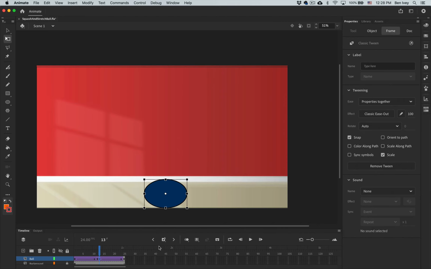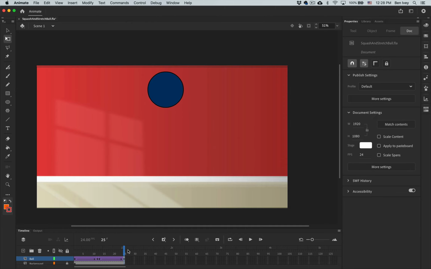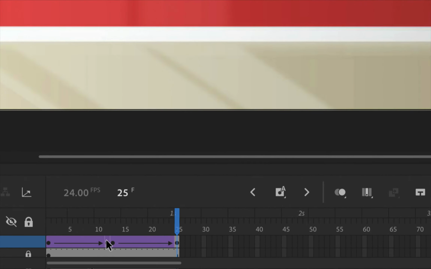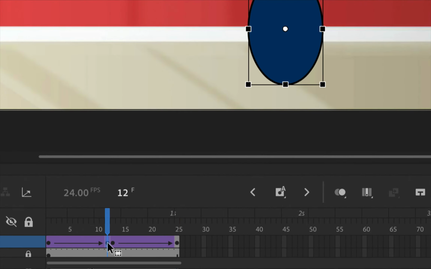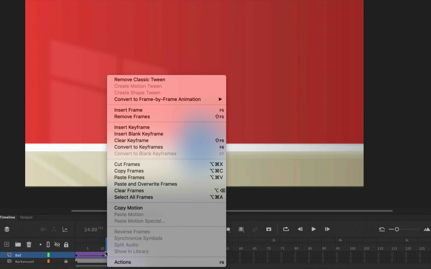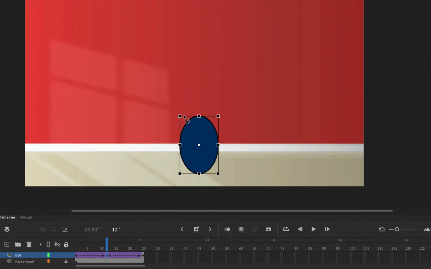Now let's give it some stretching motion as it returns back to its original starting position. Going back to our timeline, select the keyframe that has the most stretching to it. So this will be frame number 12. You can then right click or control click on it, and let's copy that frame. This will allow us to copy this stretching motion that's found in this keyframe,